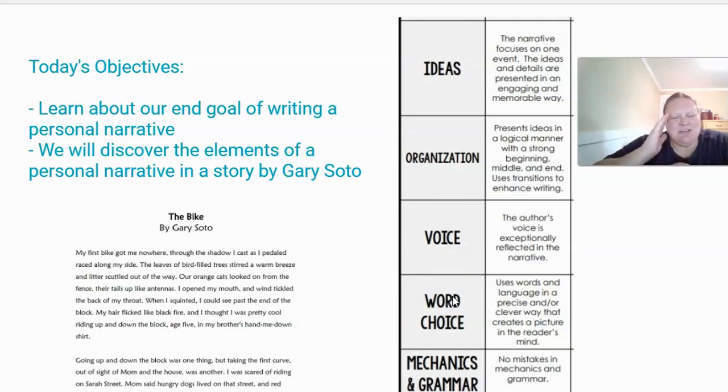It's easy to make that picture. It has words that give you the feeling, words that tell you the smell, what you hear, what you see, what you taste. And the mechanics and grammar, it has to be written with capital letters, punctuation, all of that fun stuff. And we discovered the elements in the story, The Bike by Gary Soto. And we saw each of these things inside of there.